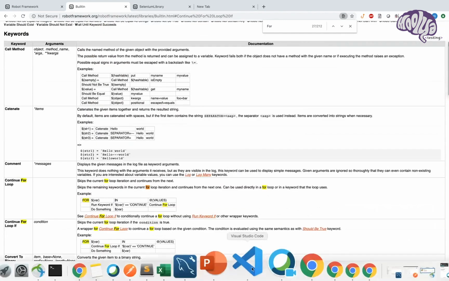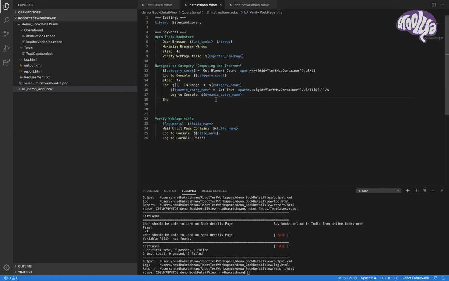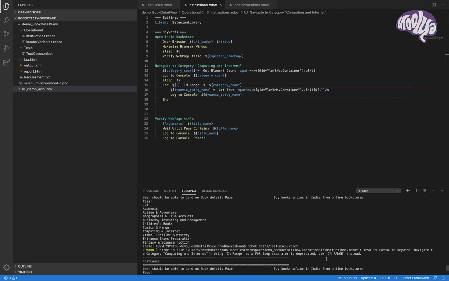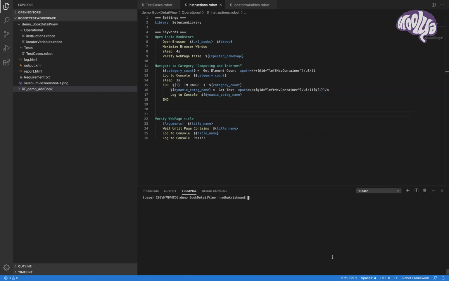We need to give a proper range. We will give everything in groups, because earlier when I was running, it was showing use a proper way in range. So now we are supposed to get this. The I variable will start with 1, and then it will loop through the category list.